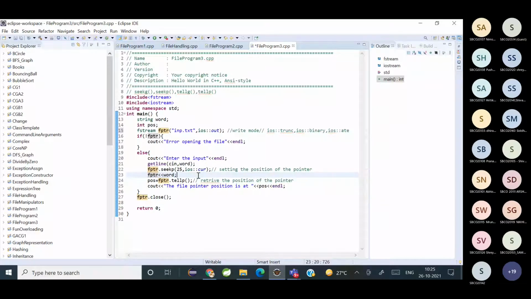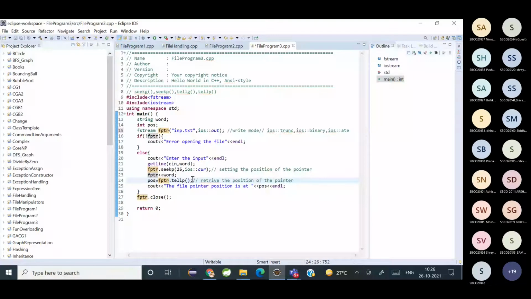So at line number 24, I am asking the program to return the position of the file pointer after writing that particular input. For that I'm using tell p.